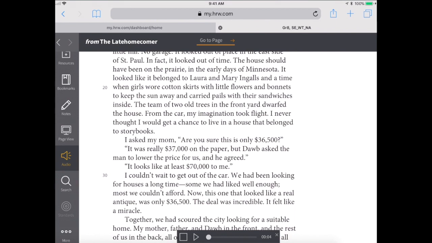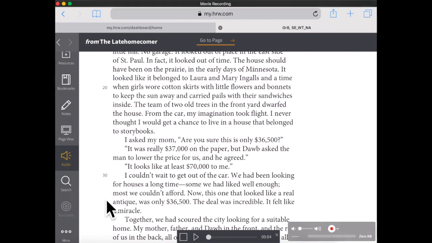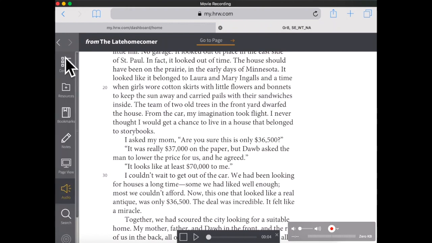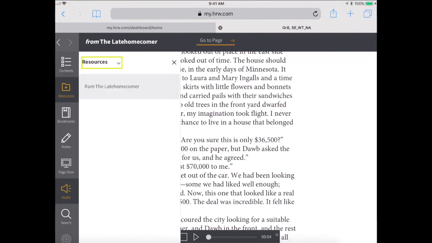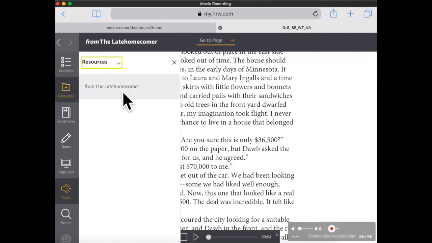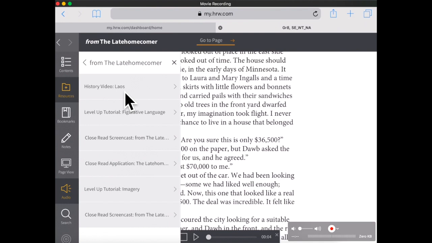Level up tutorials are there. You can click over on the left and find those tutorials for things like figurative language is one that we did with the late homecomer. So it will show you the resources just for the story you're currently on. So for example, I could look at any of those. I'm going to click on this level up tutorial for figurative language,